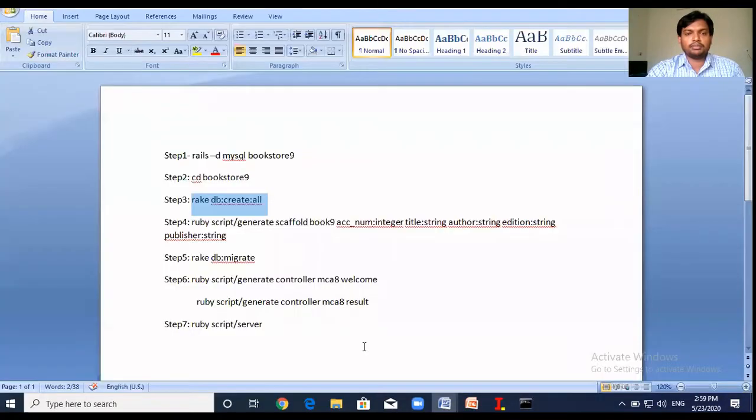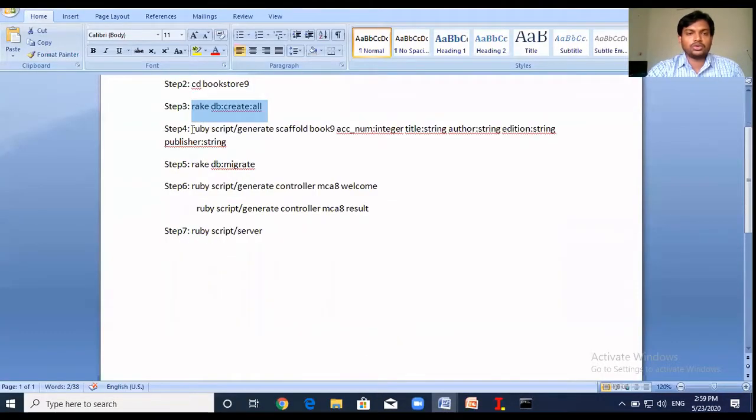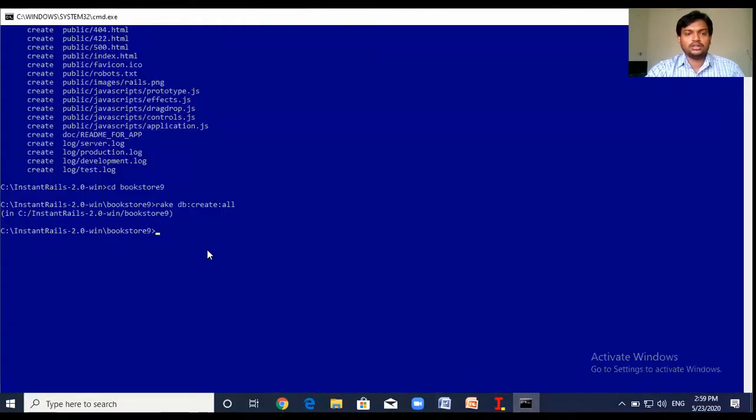The next step is to create a table. For creating the table, we use this line. Just copy it here: ruby script/generate scaffold, followed by the table name, followed by the fields. Here we have accession number, title, author, edition and publisher.